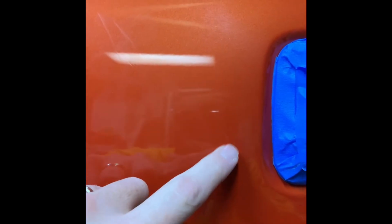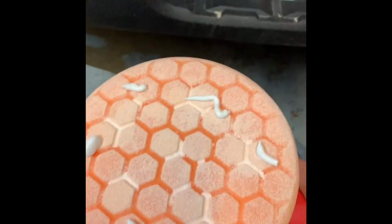It's getting there. So by the way, I am starting out on speed number 1, just to kind of spread everything out, and then I turn it up to speed number 5 for the actual cutting and trying to get these scratches out. But yeah, I'm confident we can get pretty close. So before I get going on my next pass there,